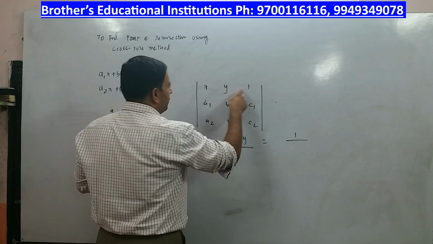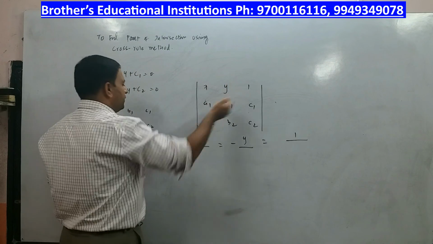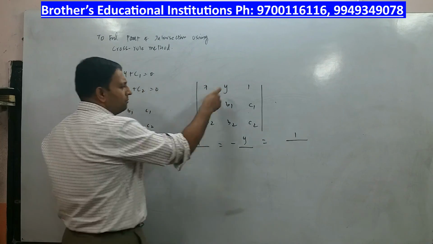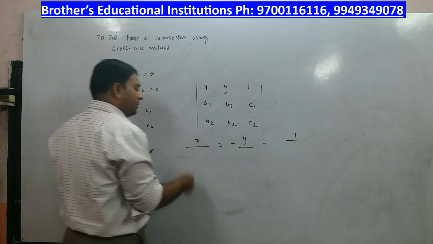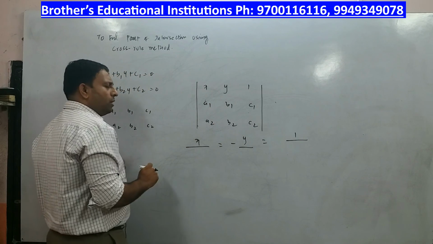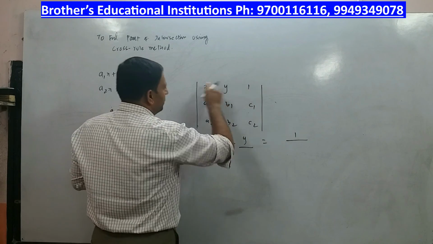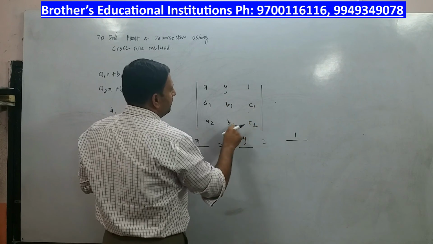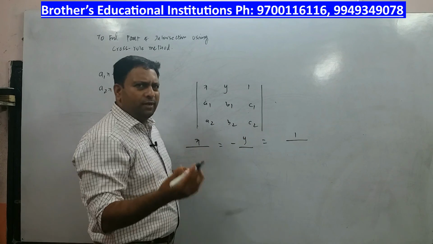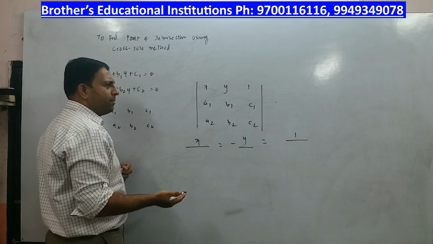So you first write x, y, 1, followed by the respective coefficients you have mentioned here, then you will write x by something, minus y by something, and then 1 by something. Now what is that something? When I said x by something, close this column and this row. So you are left with b1, c1, b2, c2. Take the determinant of that. What is determinant? You have learned in mathematics. In matrices chapter, you will come to know.